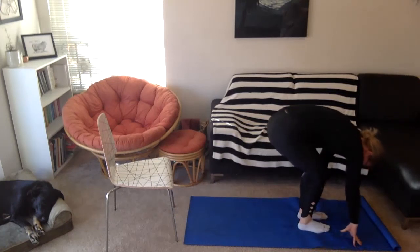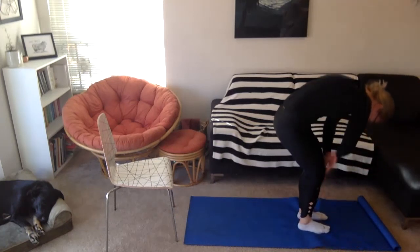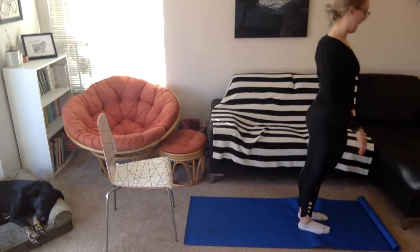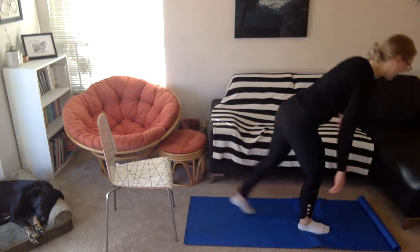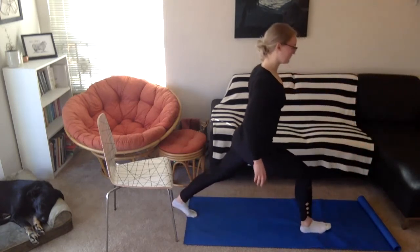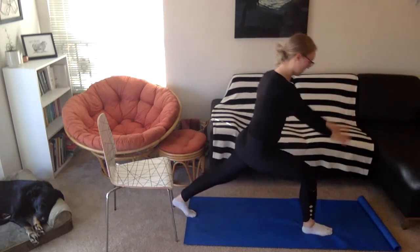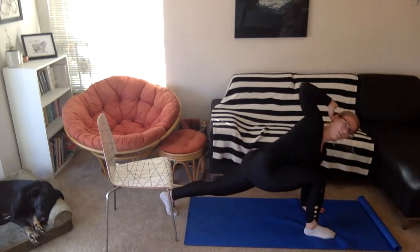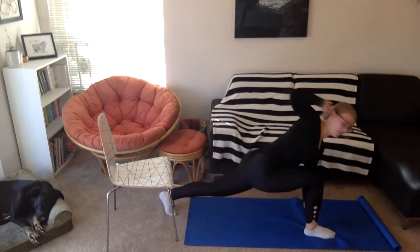Rounding my back just a little bit here, weight in the heels of the feet, and rolling up vertebra by vertebra all the way to the top, rolling those shoulders back. Long step back. Opposite leg from last time here. We want to drop our hands to the inside of that foot, bringing my hand behind my head, twisting across, up across that top leg for 8,